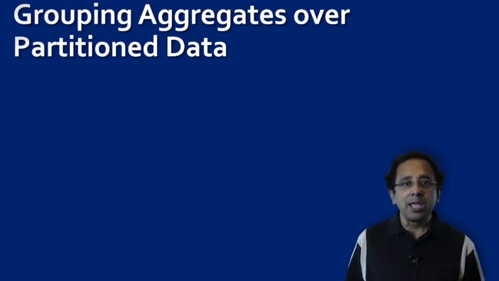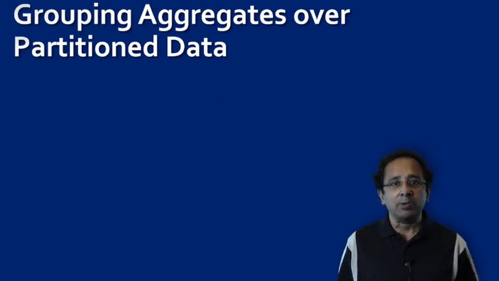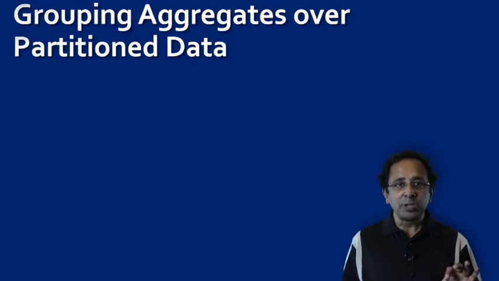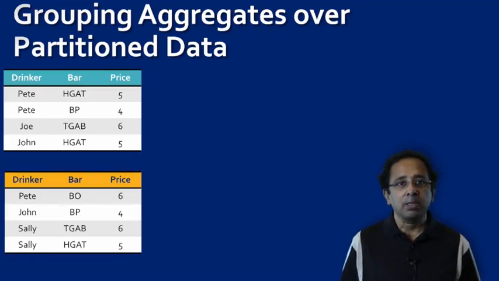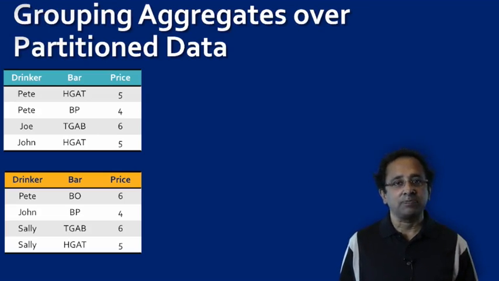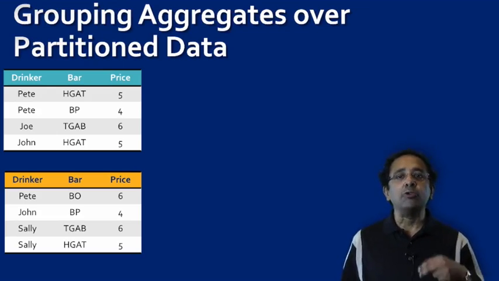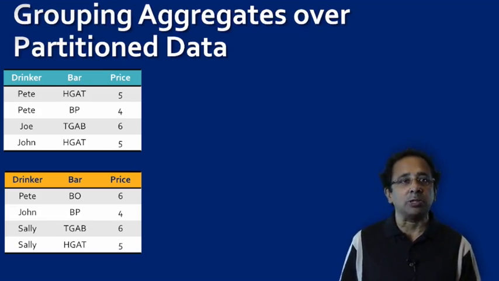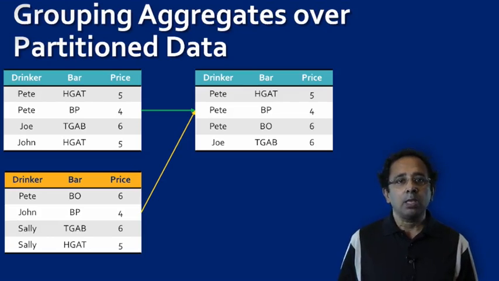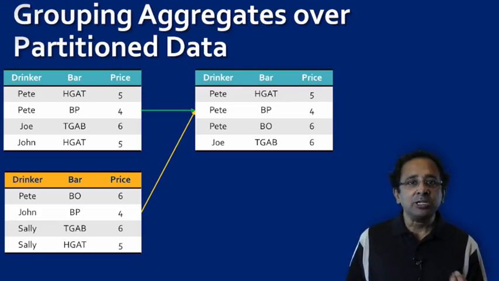Now, how does group by and aggregate computation work when the data is partitioned? Let's take the same query. We are looking for the average price of Bud grouped by drinker. But this time, the results of the selection are in 2 different machines. Imagine that this time they are range partitioned by row numbers, which we have not shown to maintain clarity. Now with the group by operation, the data would get repartitioned by the grouping attribute, that's drinker, and then the aggregate function is computed